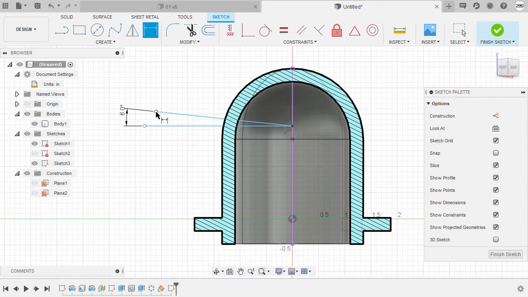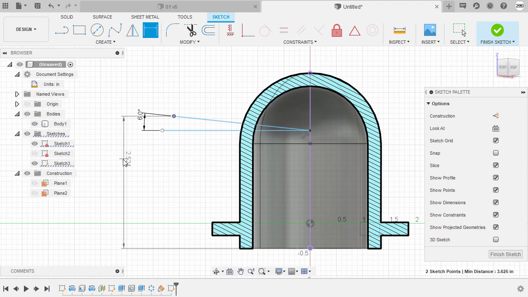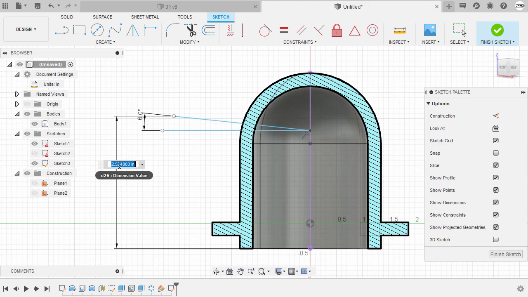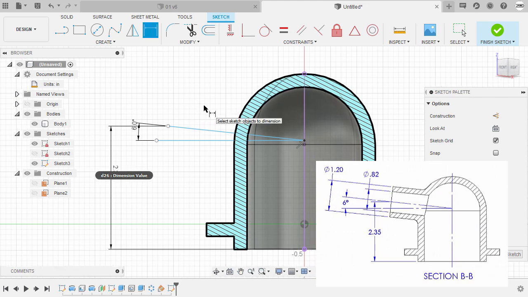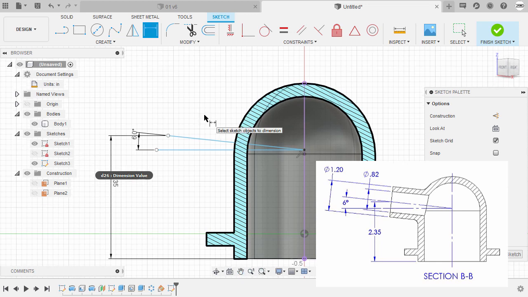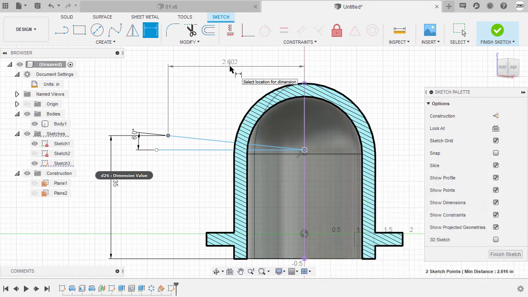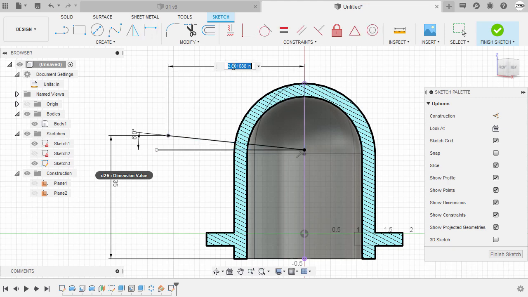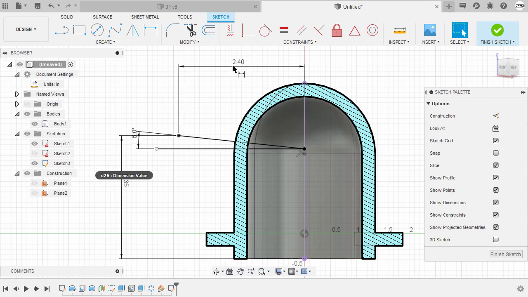Next, let's define this point, selecting this origin, moving to the right, the value to be 2.35. And take note on the 2D drawing, this one was missing. This dimension to be this point and this point, defining their horizontal dimension. The value here, take note, this was missing in the 2D drawing, to be 2.4. Hitting enter